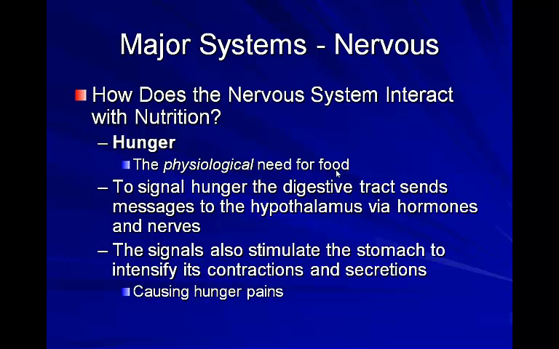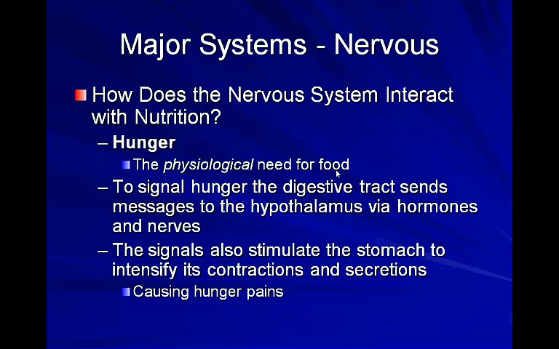Well, there are a lot of different things it has to do with nutrition, but just how it relates to how we eat and how we perceive food, there's a very distinct difference between what we consider hunger and appetite. Hunger, by definition, is the physiological need for food. So make sure you understand the difference between these. Hunger is actually where the body recognizes the need for food, for the need for nutrition, and the nervous system is actually involved in signaling